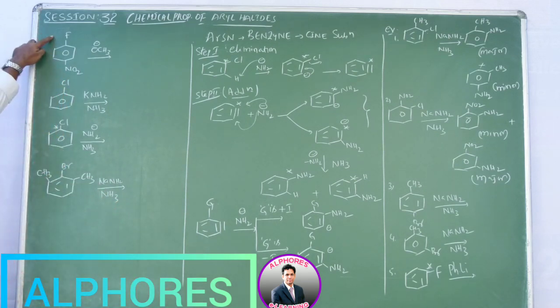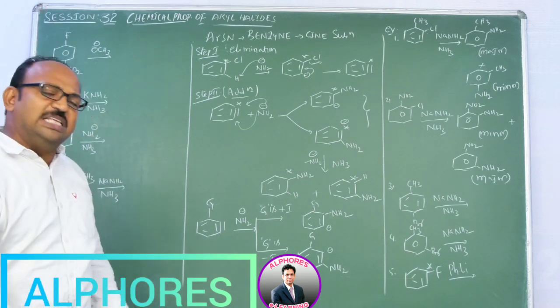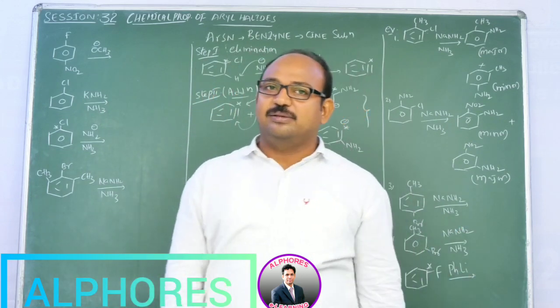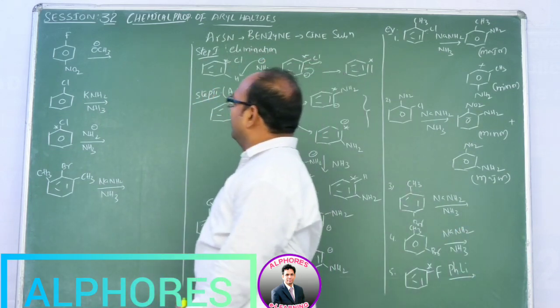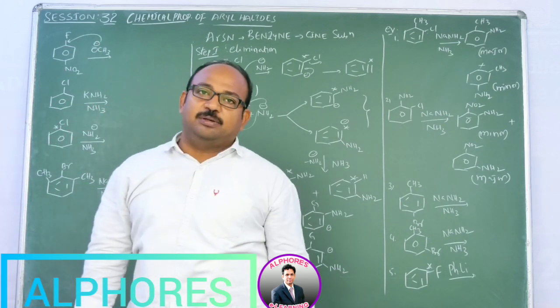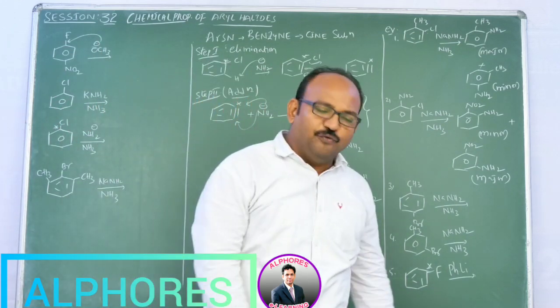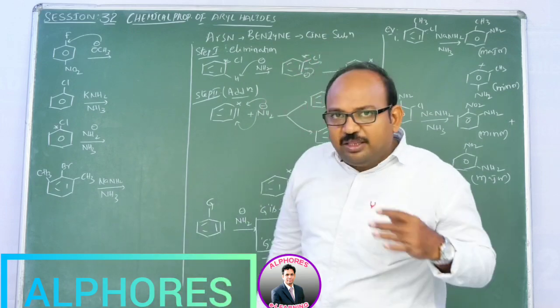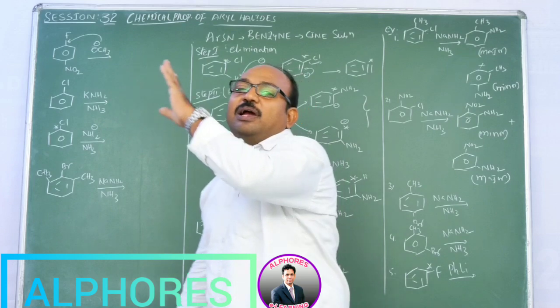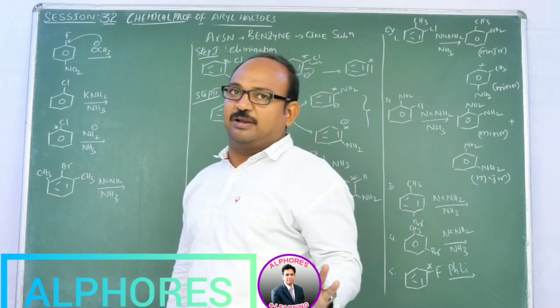Para nitrofluorobenzene upon reaction with methoxide ion, it is very clear where the methoxide ion has to come and attack, we learned. It comes straight away to the leaving group containing carbon. So it is very clear that where the leaving group is there, the attacking or incoming nucleophile will come and attack. That point was clear.